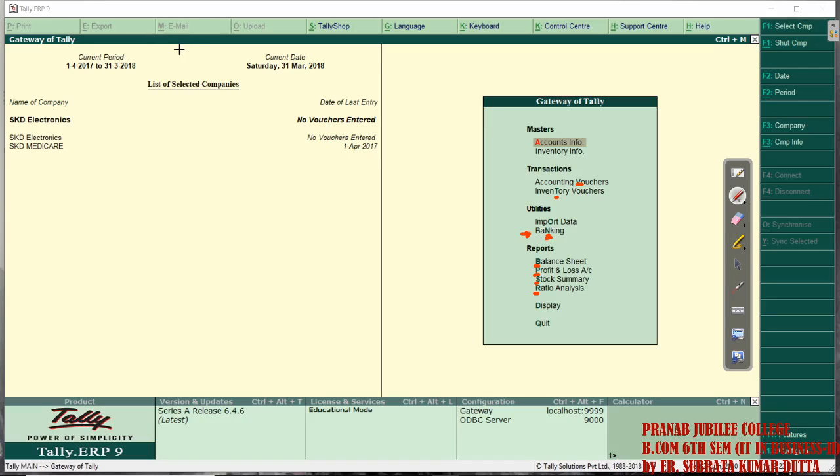Then again you can see that there are two menu bars. This is the top menu bar and this is the right, or you can say side menu bar. Here if you see nicely, there are some letters against these options, right? Say K, here also K, here also H. So these are the shortcut keys to visit those options. Similarly here also, see F2, F3, these are the shortcut keys to visit the options given against them.